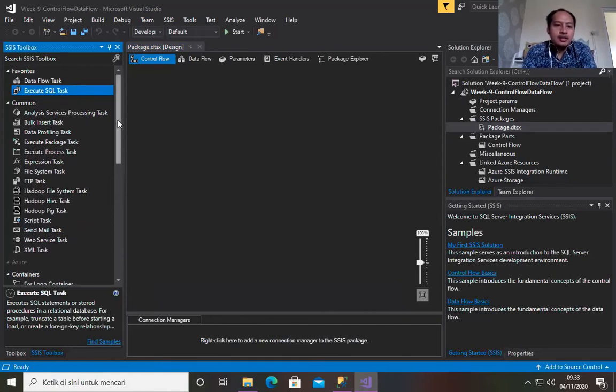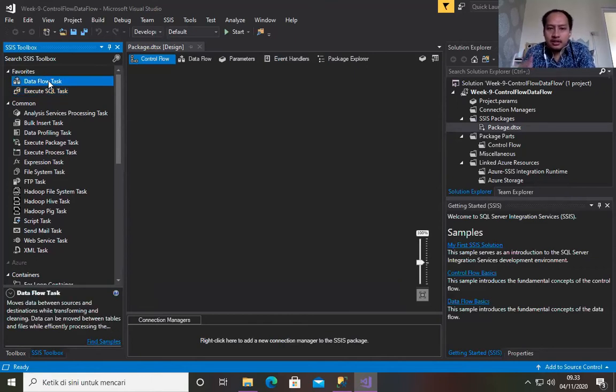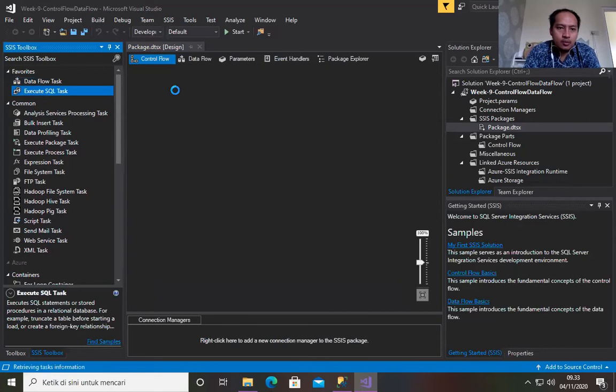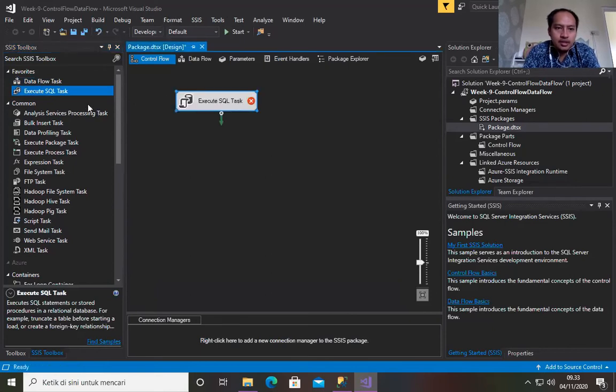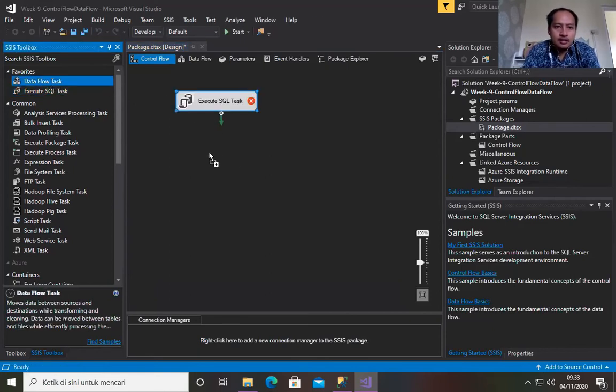But among the tasks in this toolbox, there is one special task called data flow task. I remind you once again: data flow task is a special task that, whenever it is double clicked, will open the data flow tab. Like I will show you here, I drag one execute SQL task here, and then a data flow task here.